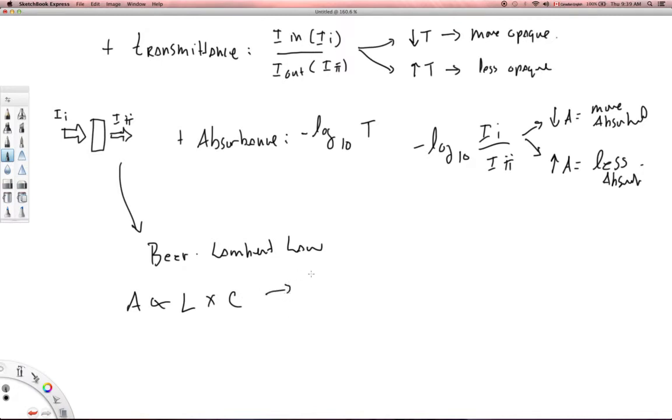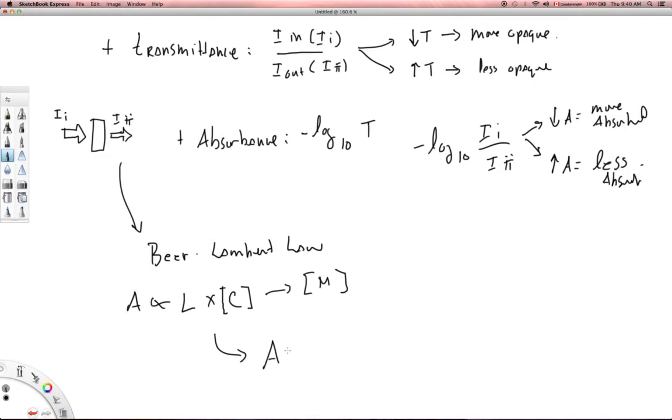And just as an aside, a concentration is almost always going to be molar. And in chemistry, it's common to put brackets around that to tell you that it's molar. It's a molar concentration. That's how we measure it. Specifically,